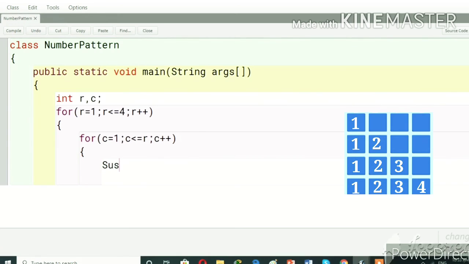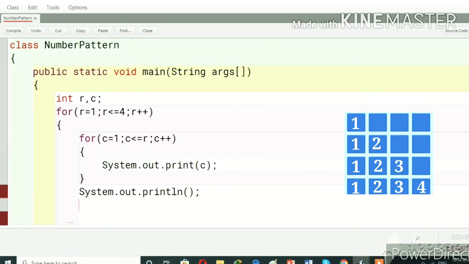Here System.out.print. We have to print the value of c, curly braces close for printing, and System.out.println for changing the line after printing every number.